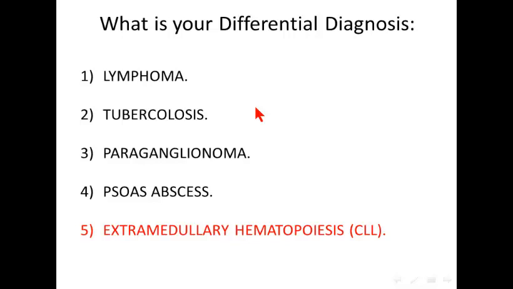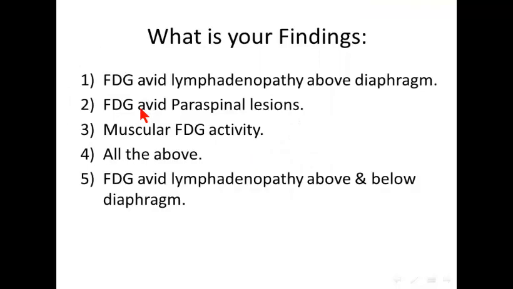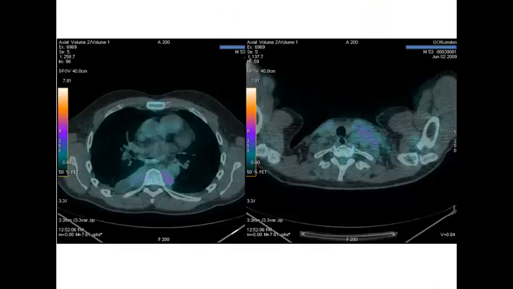From this paraspinal lesions, the answer was that it was extramedullary hematopoiesis changes in this paraspinal lesions in a CLL case. And it is quite common to have this low-grade activity. If you see the images here, this is not considered high-grade uptake. See it just above the mediastinal blood pool activity, considered like mild heterogeneous activity of FDG. And if you see more images here, see it's bilateral, paraspinal,